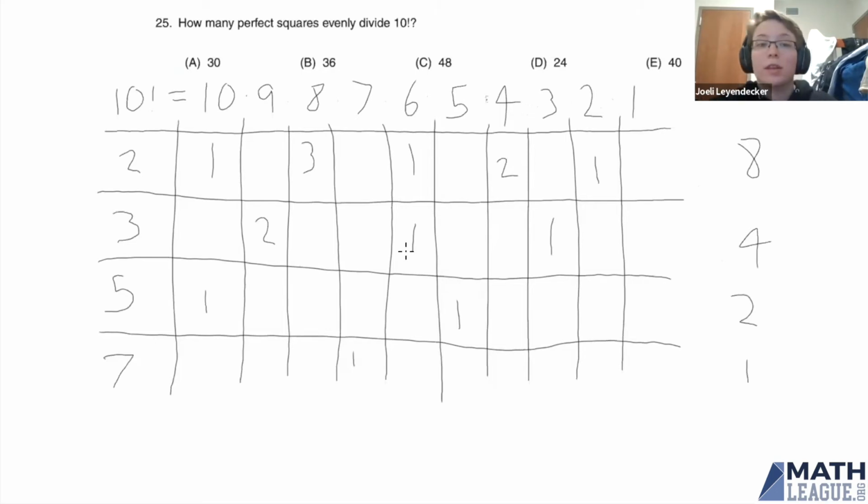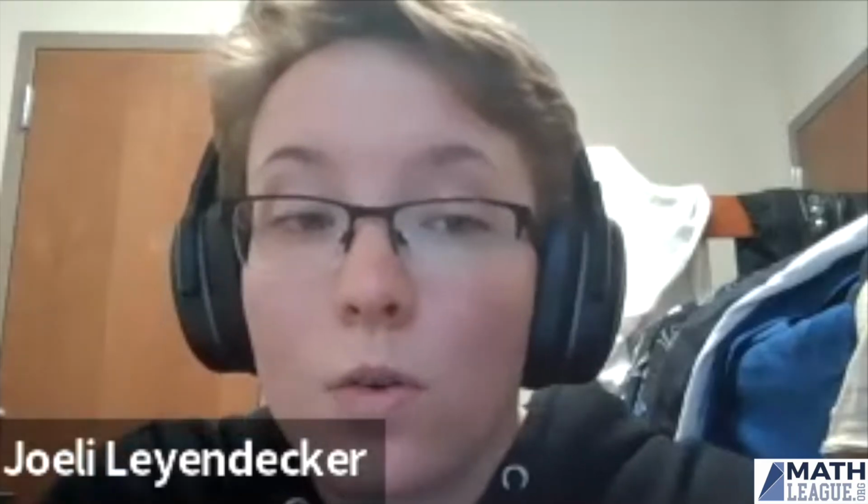So now that we know the prime factorization of 10 factorial, we can go ahead and look at how to make some squares out of this. So we should be able to see that for a factor of 10 factorial to be a square, all of these factors have to be even exponents. So for 2,